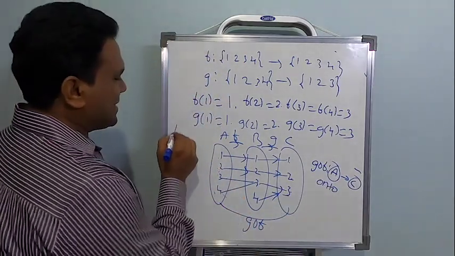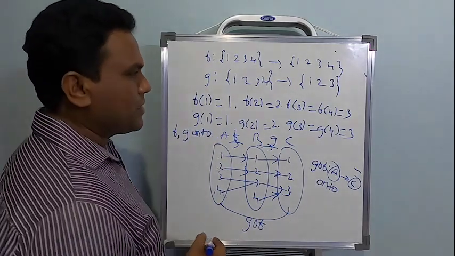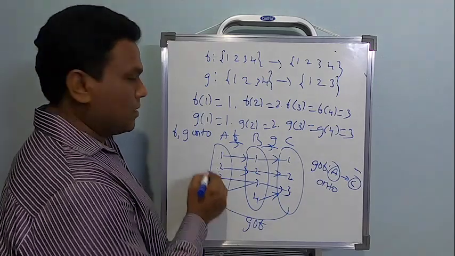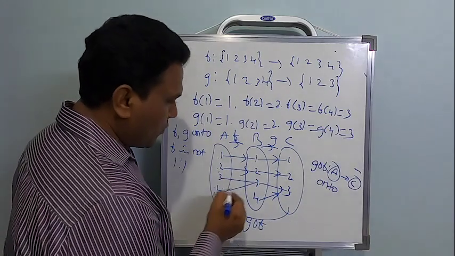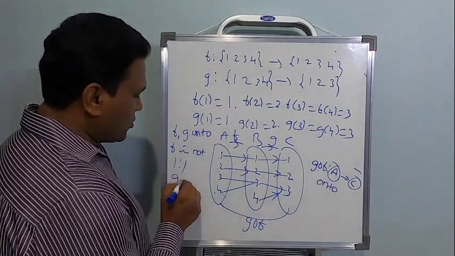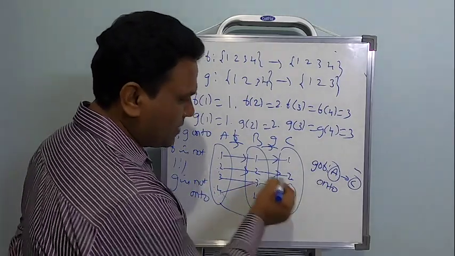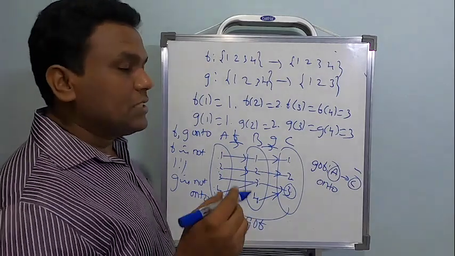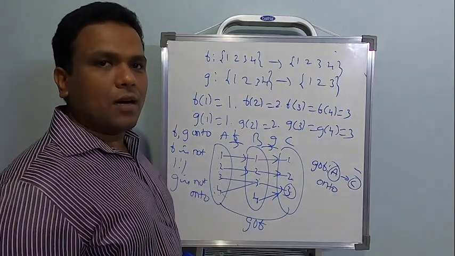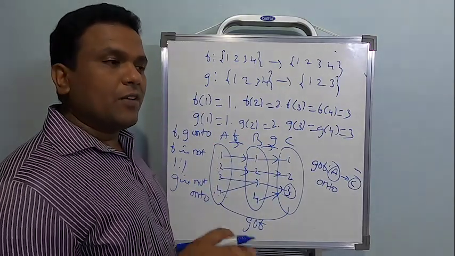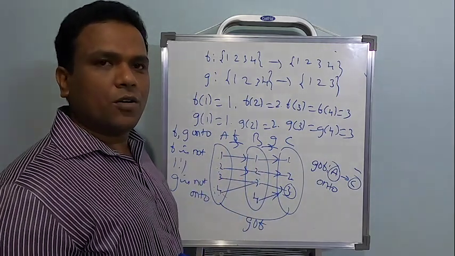Now what does this say? That g of f is already onto. Now the question is: are f and g onto? Certainly not. Just check here. f is not one-one at all. Why is it not one-one? Because 3 and 4 have the same image. And g is also not one-one, since 3 and 4 have the same image. So for g of f to be onto, it is not necessary that f and g both are onto. Not necessary. Even if one of them is onto, it's fine. If both of them are not onto, then also it's fine. Still g of f is going to be onto.